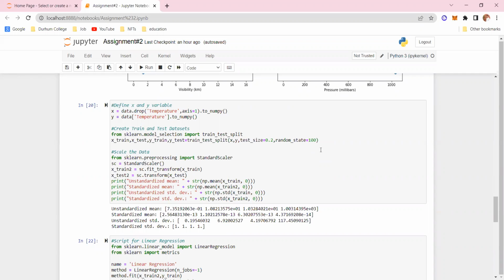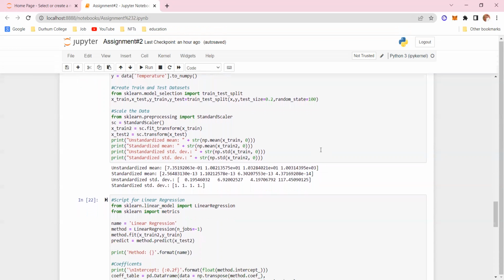So x will contain all the columns without temperature and y will contain only temperature. After that, we'll split the data into train and test data sets. We'll scale the data and print out the